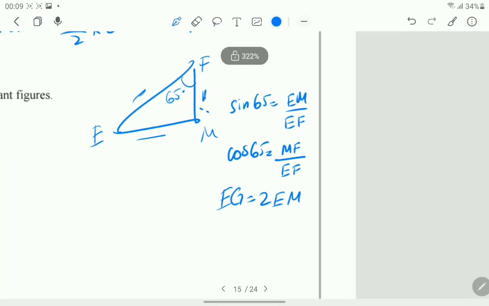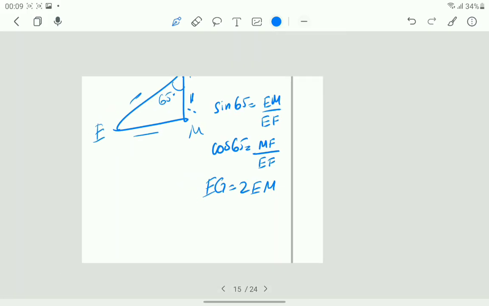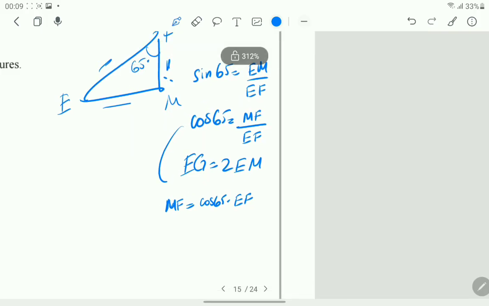So we can work our way towards EG by solving for EM and MF. So MF, from this equation, would be cos 65 times EF, and from the sine equation, we know that EM would be equal to sine 65 times EF, and since EG equals 2EM,